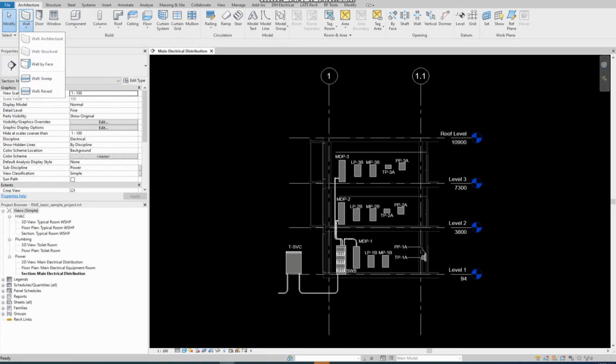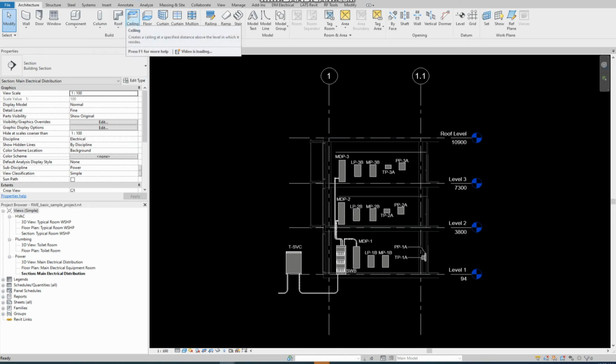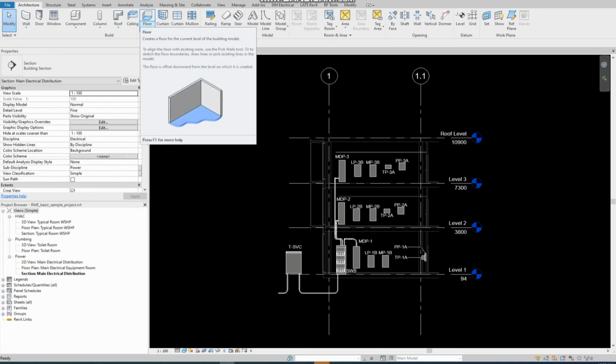Then we have the architecture tab first. We have the options of walls, windows, component, roof, ceiling. We can draw the ceiling, then we can draw the roof. We have the option